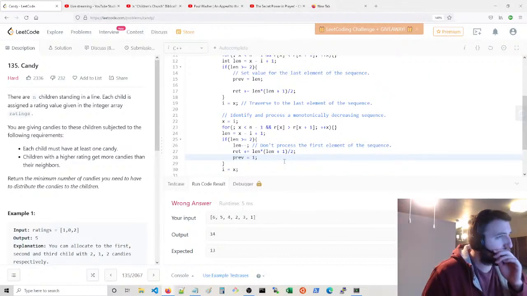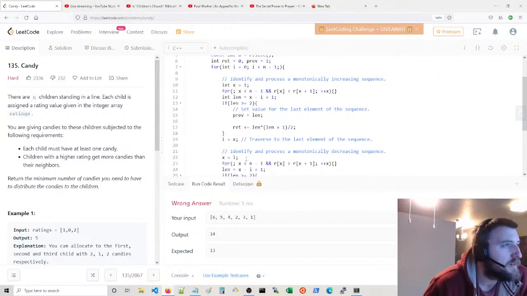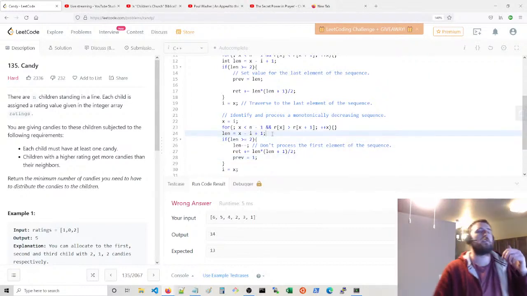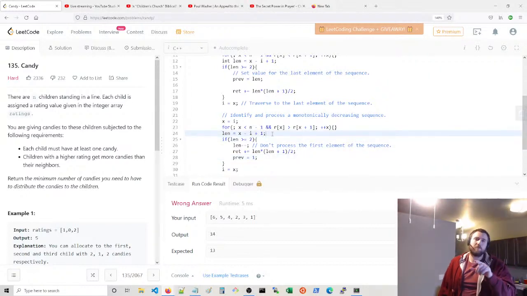Not sure if that really matters, but might matter. Yeah, the main issue is that the previous value could be too small. That's the main problem. If the previous value is too small, and we assume we already added the previous value,